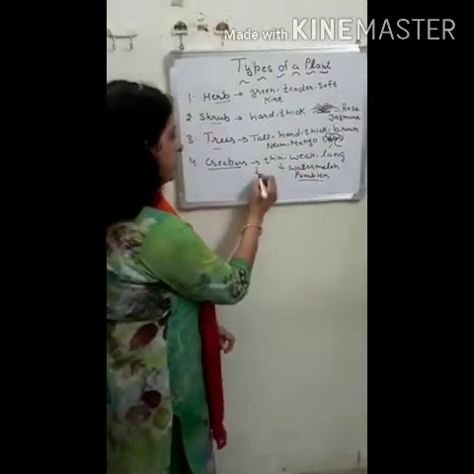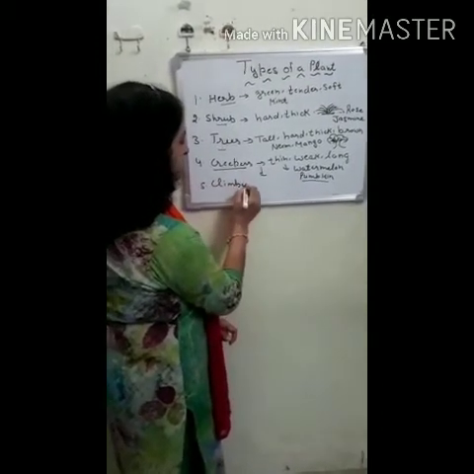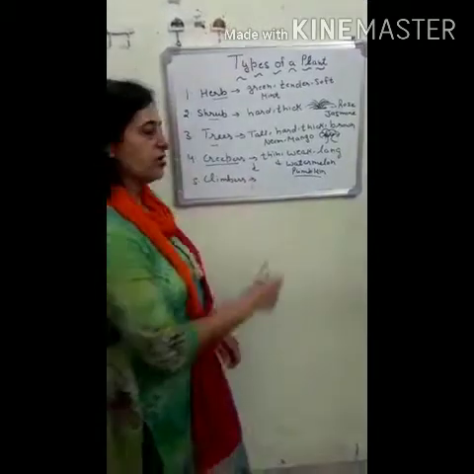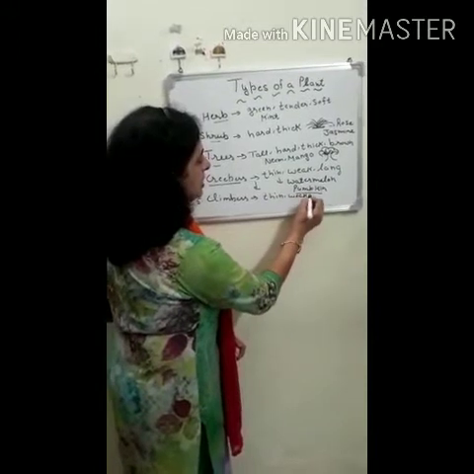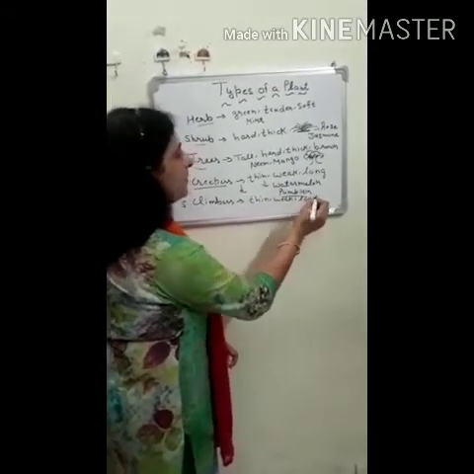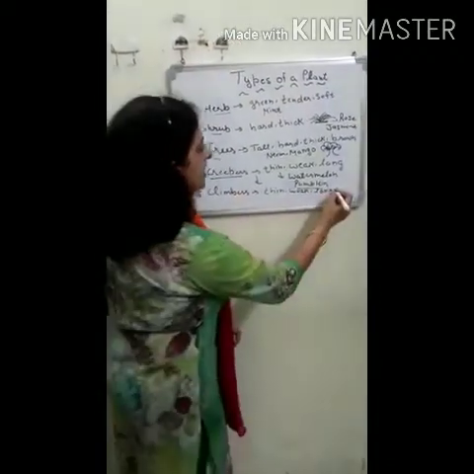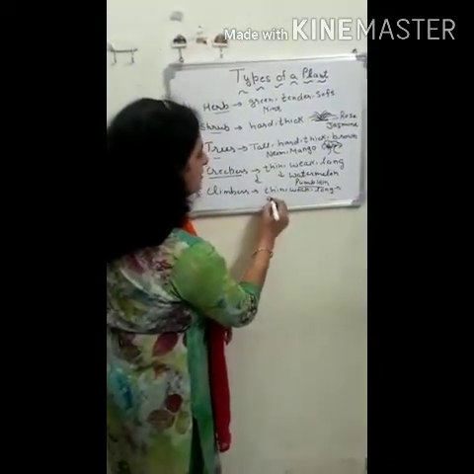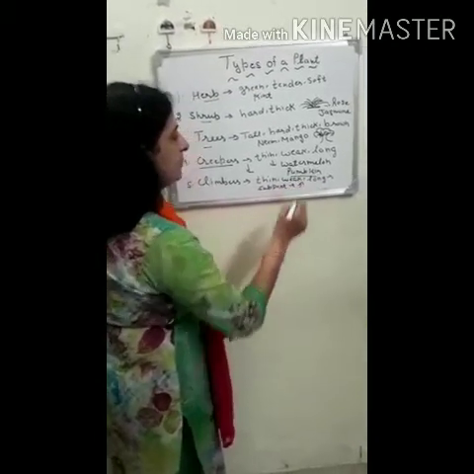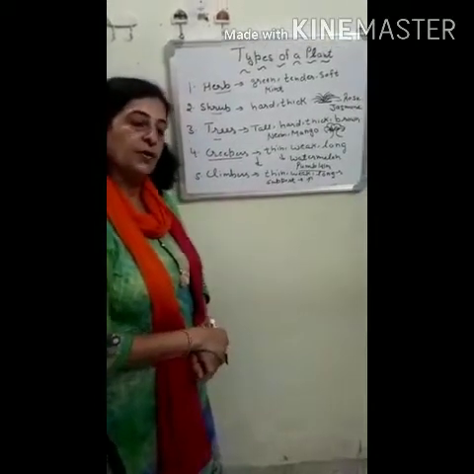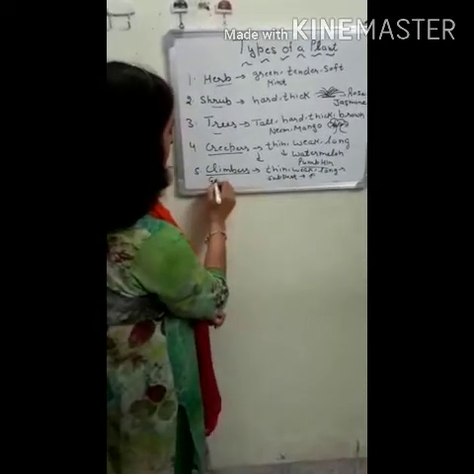Now again there is one more category. It is known as climbers. These plants also have thin, weak and long stems, but they can go upright. They can go upside if they find any spot, by taking the support of a neighboring spot. These types of plants are known as climbers, like your grapevine.